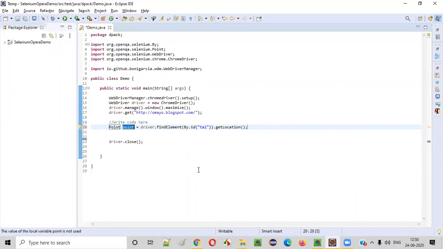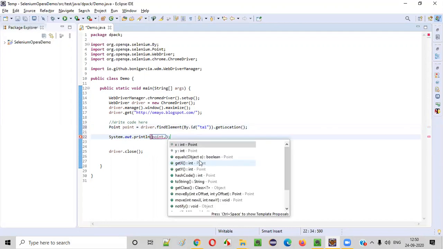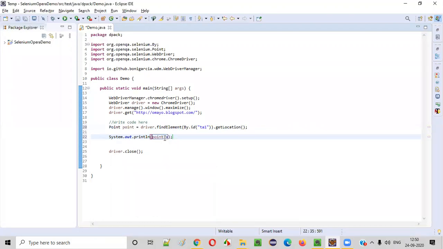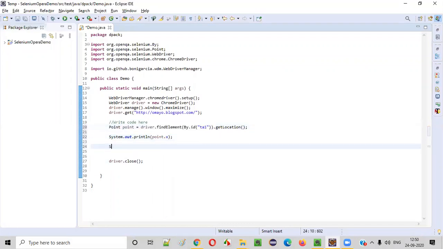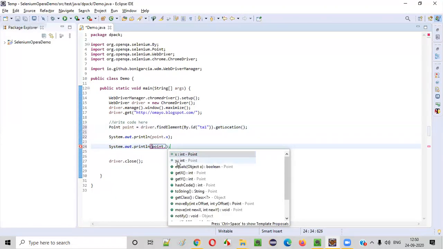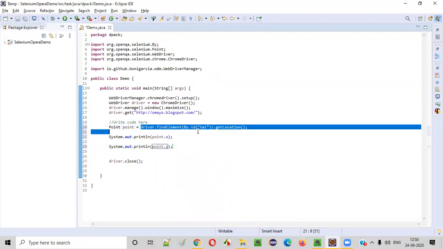Now write down some print statement, System.out.println, and use the point object, point dot, you see, using this point which has the getLocation coordinates, if you say point.x, it will give you the x coordinate value or position of that text area field. Now if I say System.out.println again, point.y is the y coordinate position. It will give you the y coordinate position of this text area field.